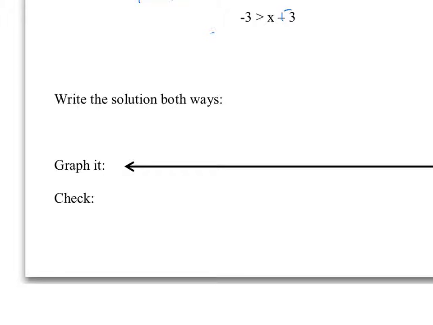Add positive 3 to both sides. So negative 3 plus 3 is greater than x plus negative 3 plus 3. Now, something that a lot of you end up doing right now, and you've been doing this with equations for a long time, is if you see the x on one side of the equation, you just immediately switch it over to the other side,